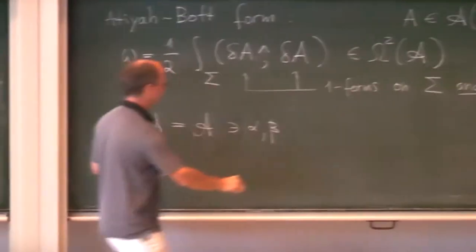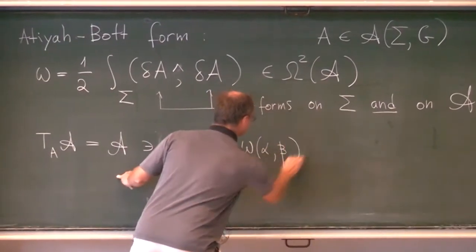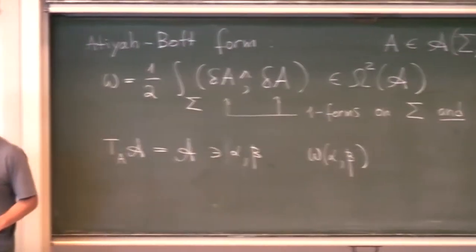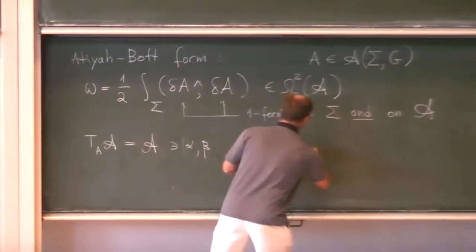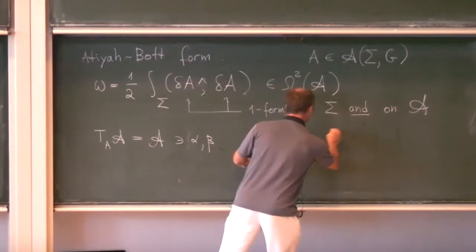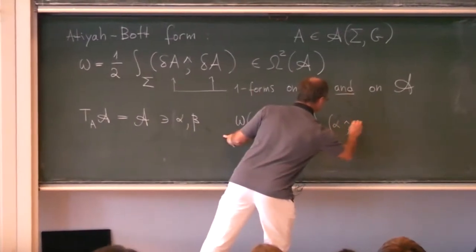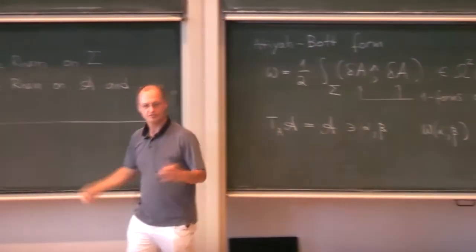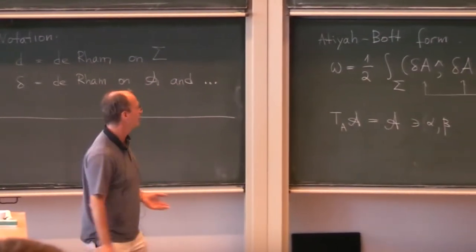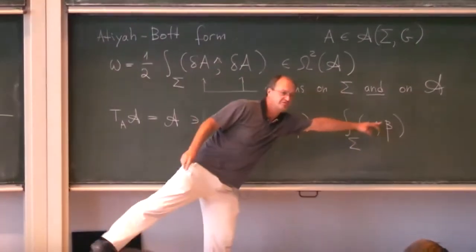So then one can ask, what's the value of omega computed on those vectors, alpha and beta, up to this 1/2 factor. This is an integral of the product of alpha and beta as elements of G, and the wedge product of